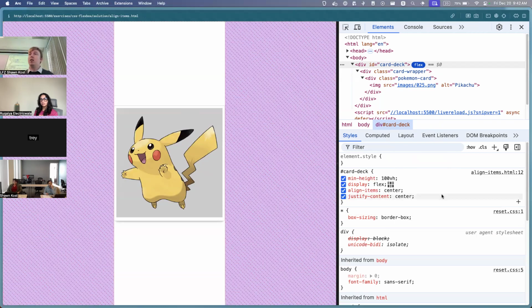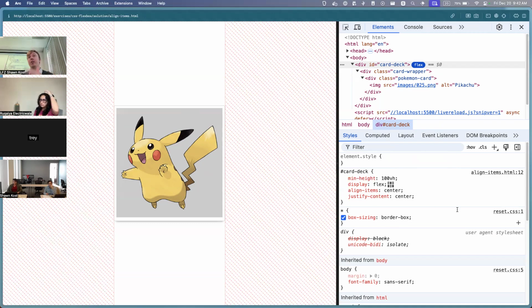So that's giving it a height. Not necessarily, you need to set a height. It's just, this is why I had to show this in the example. You're not necessarily going to go around and give everything a min height. I'm just saying purely for this exercise, that's why I had to do that, to show how align items would work. So in general, just put it in the middle, in the center, so we can move it up